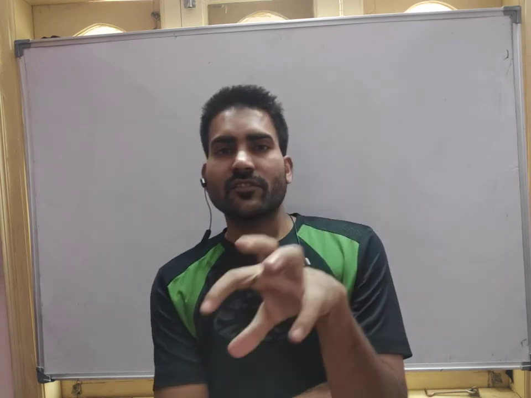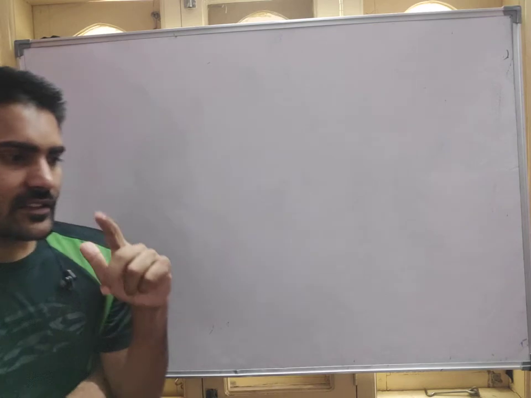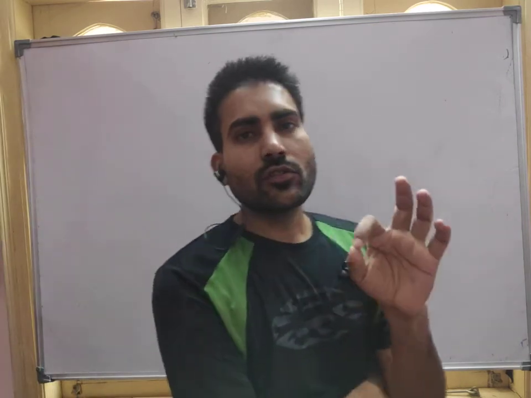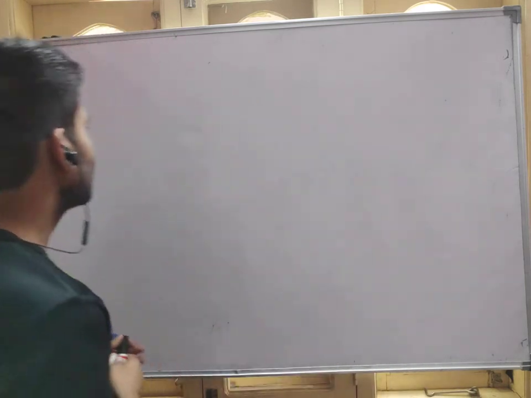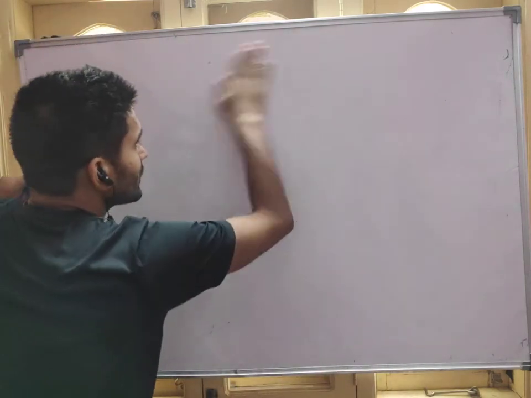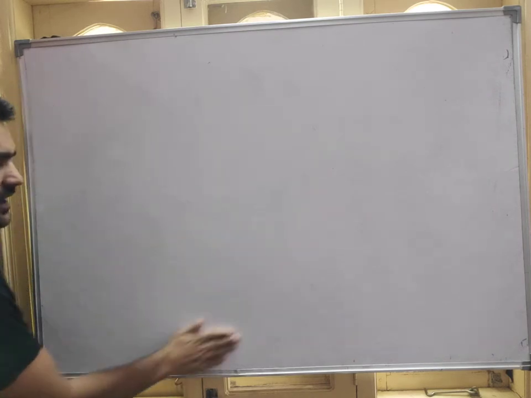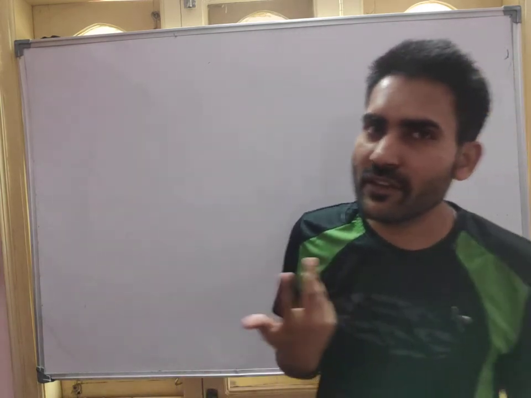Okay, so let's see what happens whenever the electric field is also clubbed with the magnetic field. We'll do some cases in which the magnetic field and electric field are both there. Sometimes they will be parallel, sometimes perpendicular, and we will see one situation where the charge will move in a straight line.